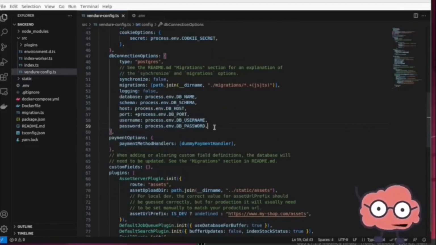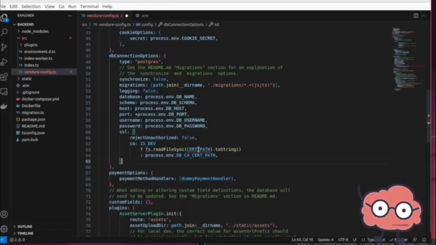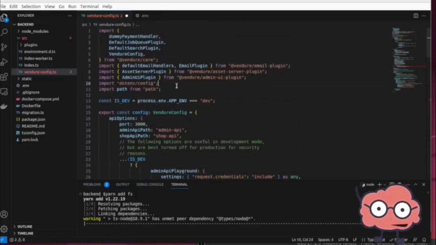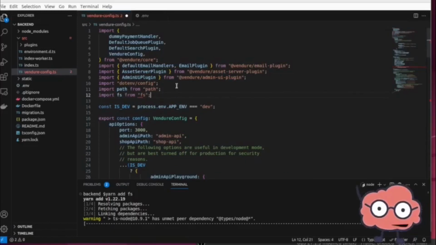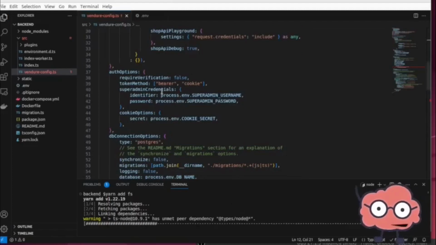And then I'm going to paste this little section of code here. Yarn add fs. We're going to go to the top here and import fs. Once that's done,